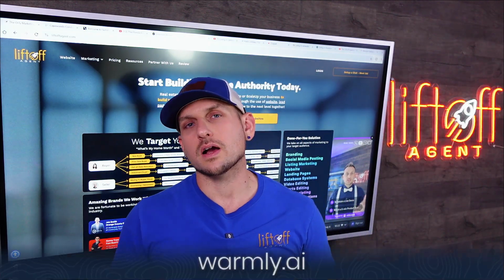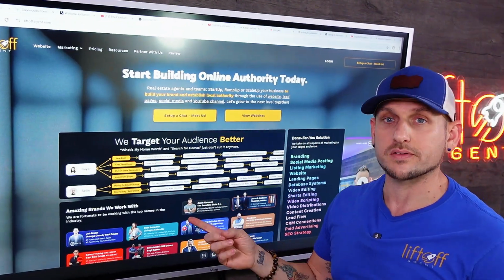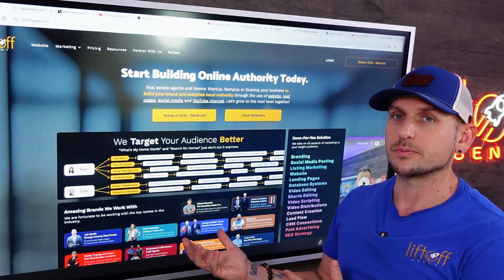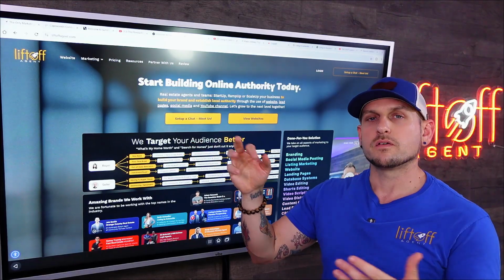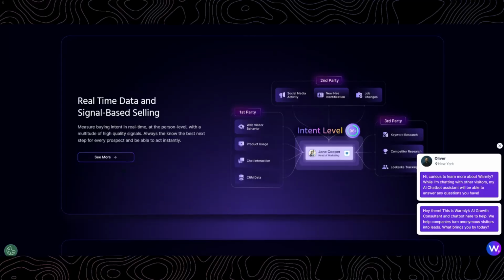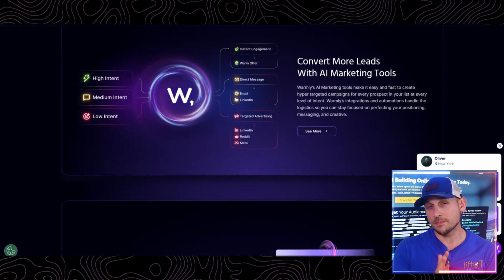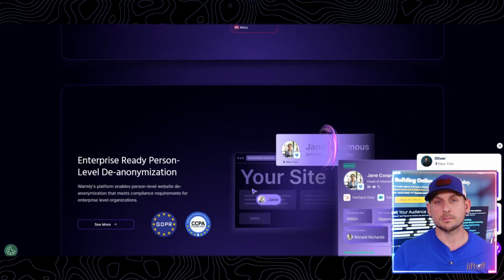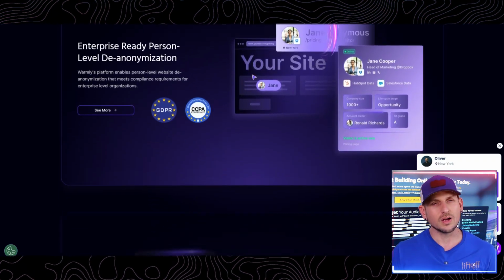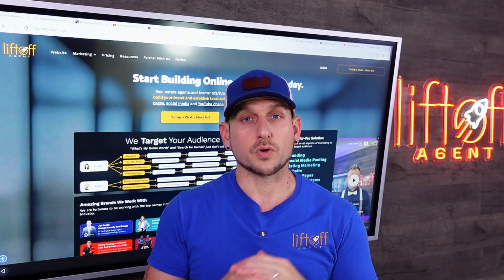Number two, warmly.com. Now, warmly.com gives you the ability to get the first name, last name, and contact information of someone that goes to your website, and they don't actually have to click a button, fill out a form, or download a guide. You can keep it super simple. You can capture that information, and then reach out to them via social media. Of course, you could potentially try to look them up, get their phone number, make a phone call, or send an email. I like to keep it super simple where I start to follow the individuals from warmly.com.